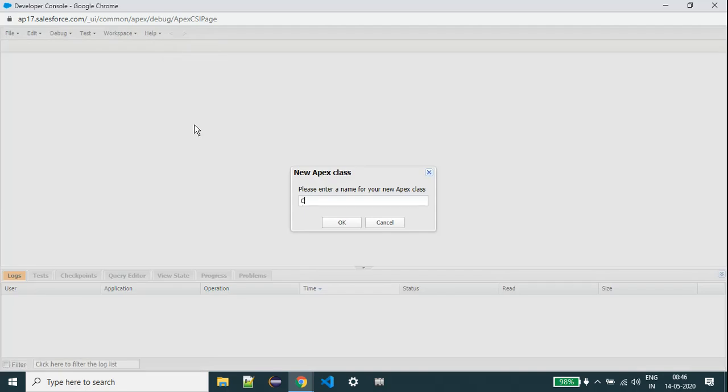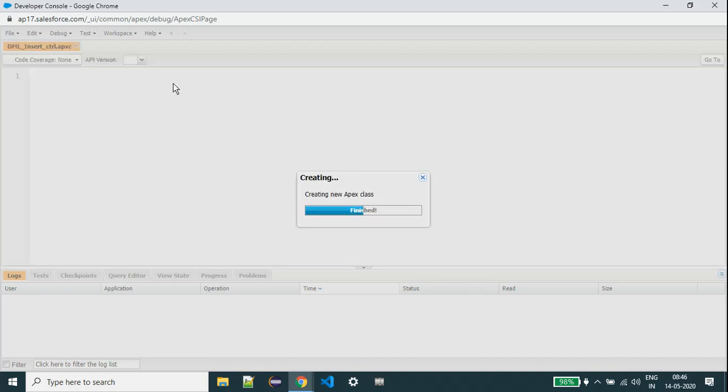For your understanding, I am giving the name DML underscore insert controller. This is the one Apex class we are taking.